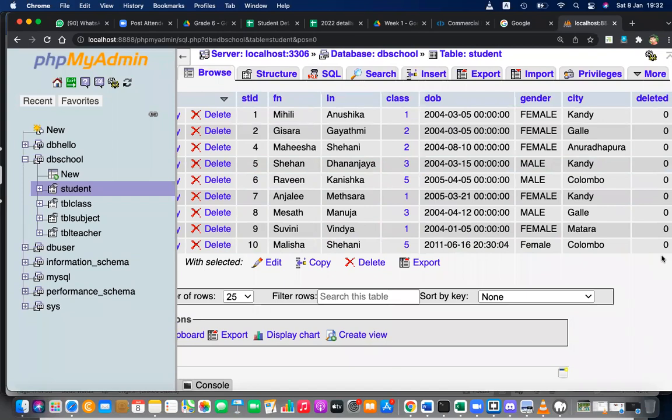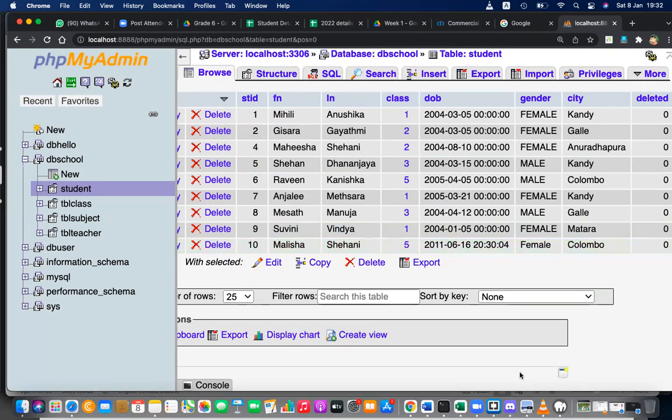Right? Therefore, I just use this deleted column. It's a trick. It's not to actually delete. It's to temporarily move it away. It's like a recycle bin. I'm temporarily moving it away, but keeping the data in the same place. When I need this, I can get it back rather than actually deleting that data.